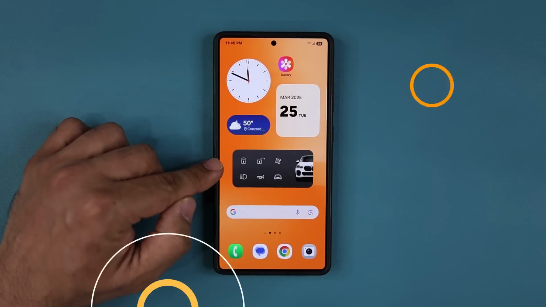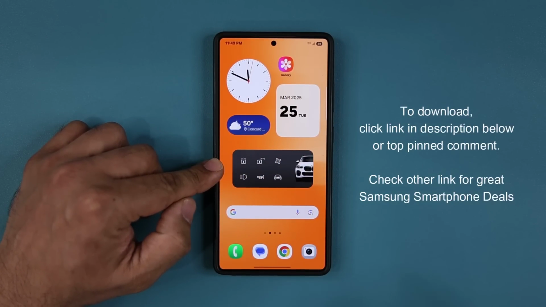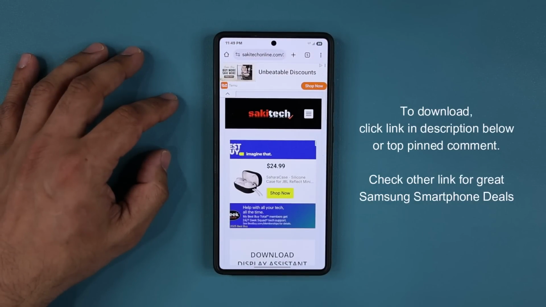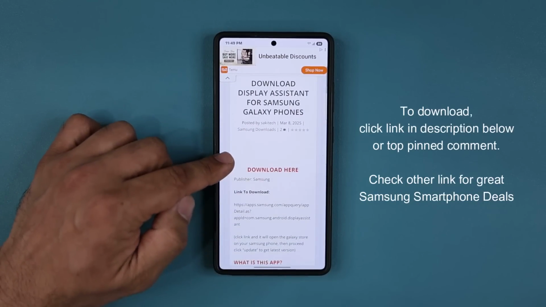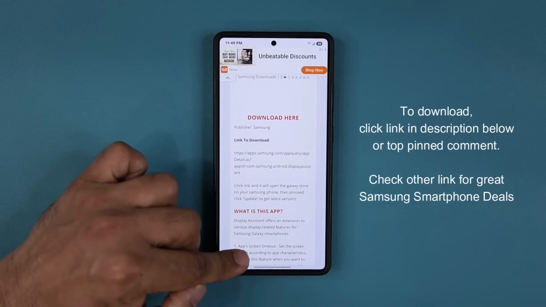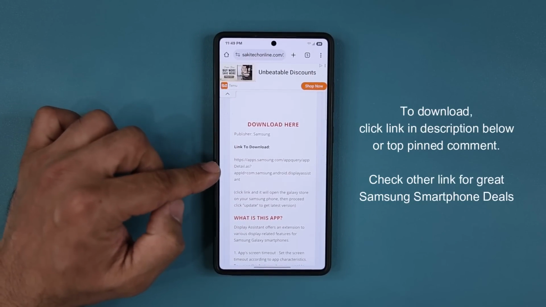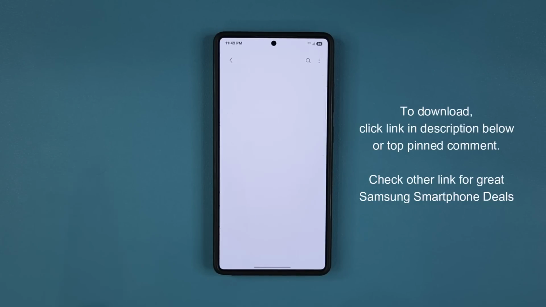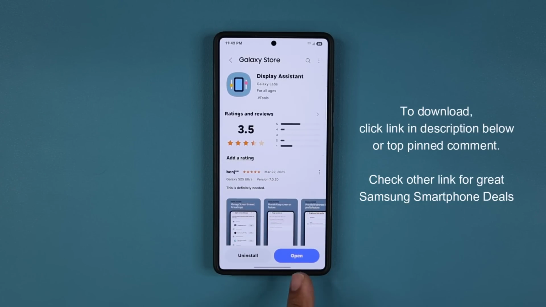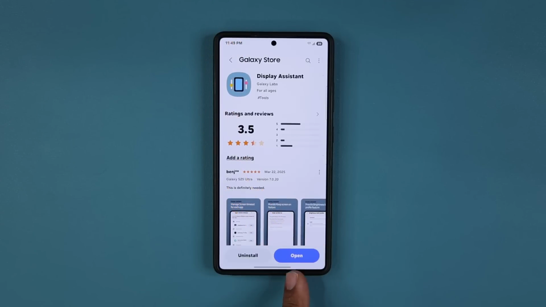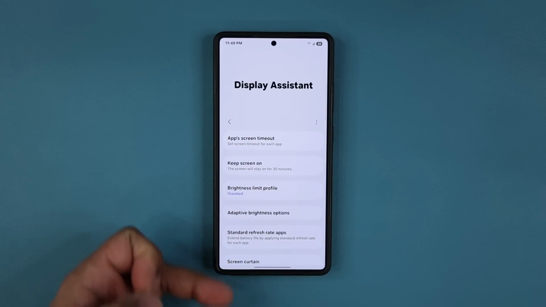To download this application, by the way, it is 100% free, you want to click the link down below. Once you click that link, you are going to be at my website. What you want to do is scroll down, and it's going to be right here. You can read the details as to what it does. But here's the download. You click this link, it'll take you to the store, and from there, you can install or update this. Now, after you install this, I'm going to show you where it appears, and then I'm going to show you all the new features in case you did not see the previous